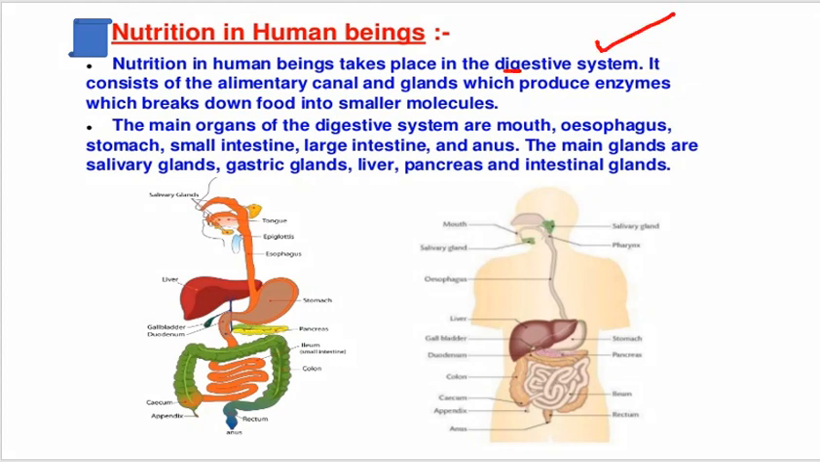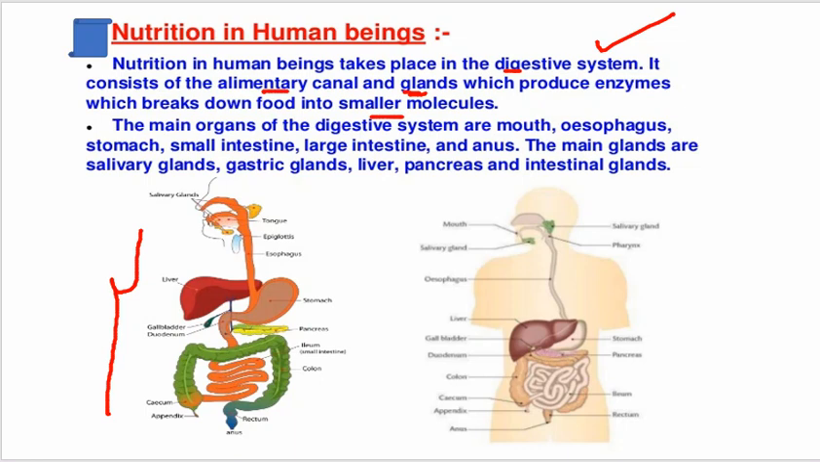It consists of the alimentary canal and glands. What the alimentary canal is and what the glands are, we'll discuss later, in the next slide. These provide the enzymes that break down the food into smaller molecules. Clear? Now, before starting, we have to learn about the main organs of the digestive system, and those are,